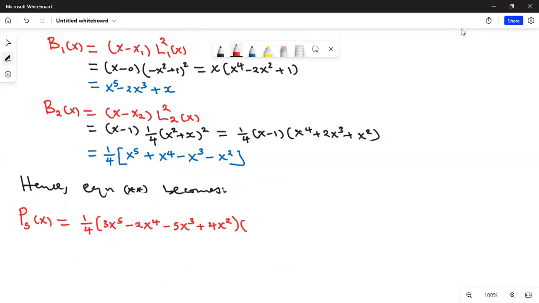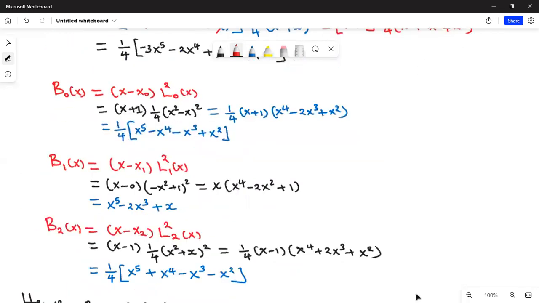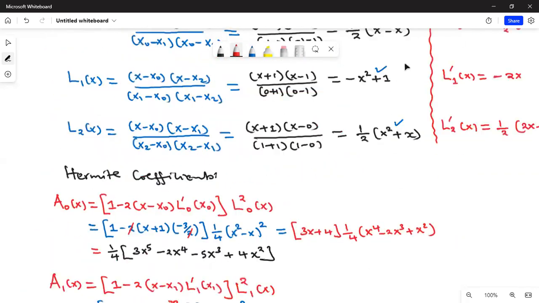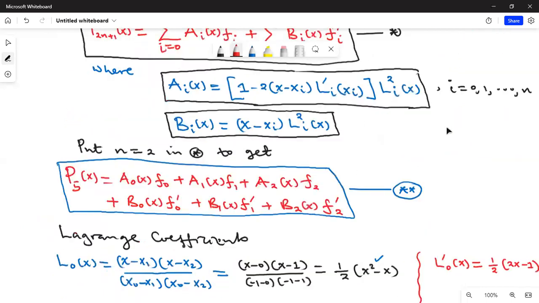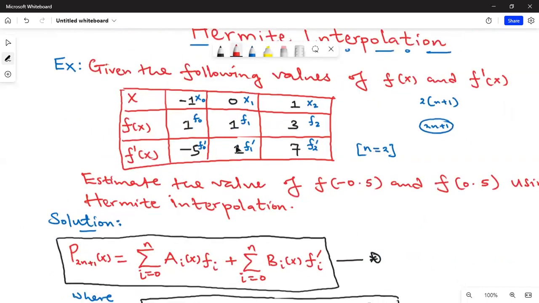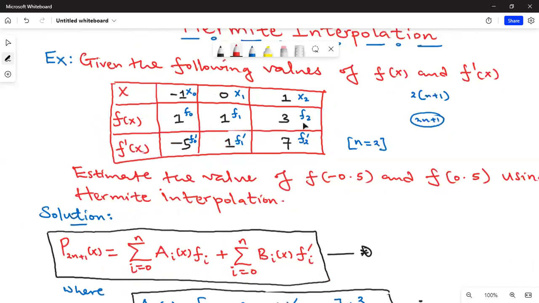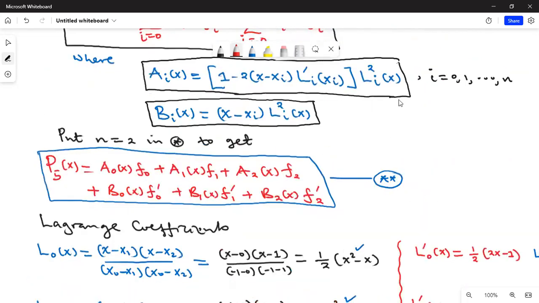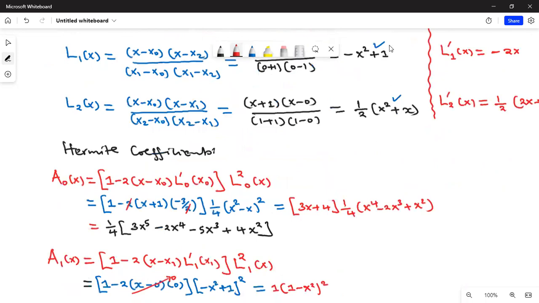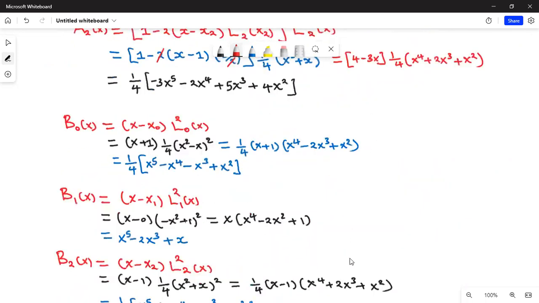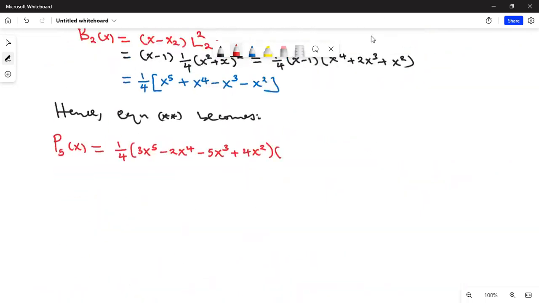When you go back to our table, you can see from the table, our F naught, let me just take you back so that we read it together. Our F naught is 1, F1 is 1, and F2 is 3. Also, we will need F naught prime, that's negative 5. F1 prime will be 1, and F2 prime will be 7. So we go back and substitute the value of F naught here. So I take you back here. Our F naught is 1, so right here 1,